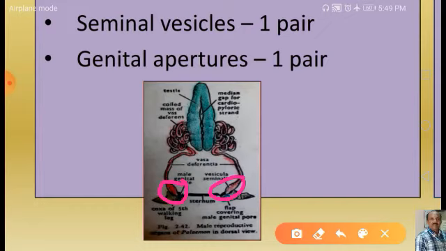Now just now we have seen a pair of testes. A pair of testes are attached at the anterior end and not attached at the posterior end, leaving a small gap for the passage of the cardiopyloric strand. And then from the posterior part of each testis there arises a small tubular structure which is called vas deferens. Immediately when it comes out, the vas deferens is very much coiled and makes a coiled mass, and then runs downwards